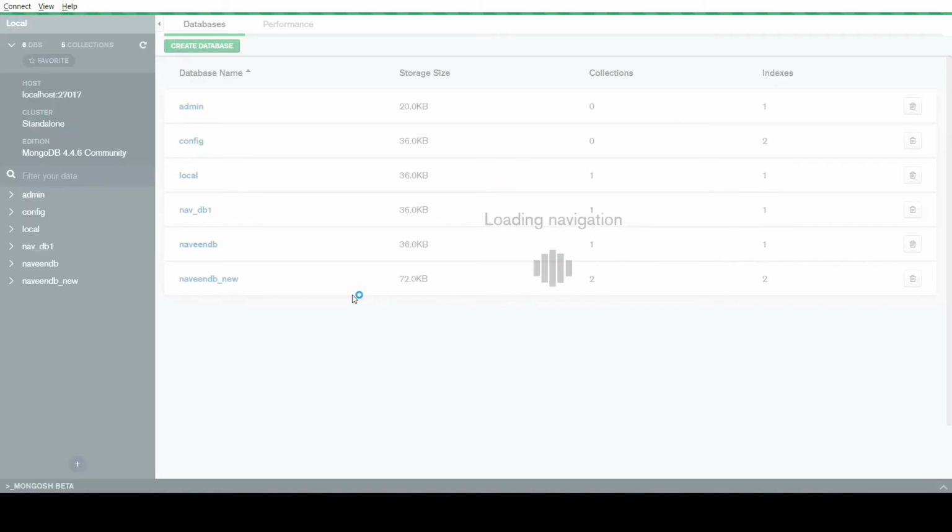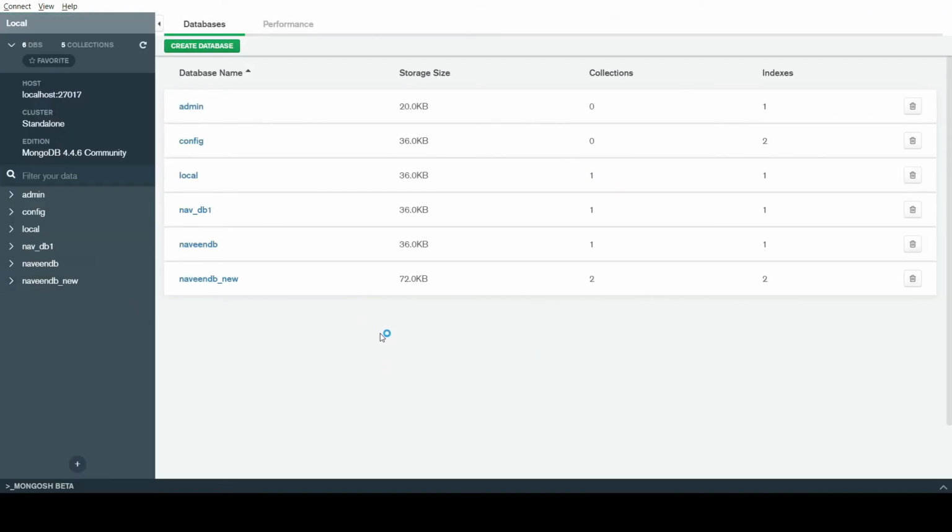See, since I've been using this particular connection before, I've already created some databases, which I'll talk about how to create using Python. And these three default databases are provided by the MongoDB system. So as you can see over here, host localhost 27017.